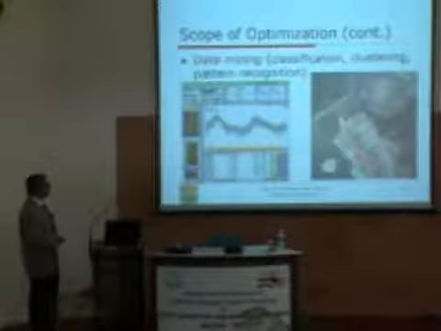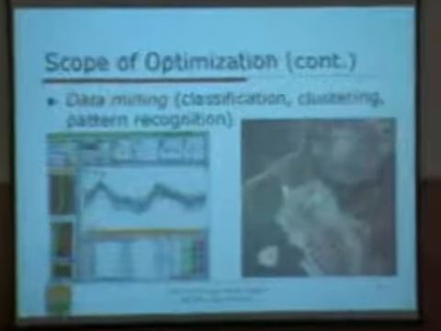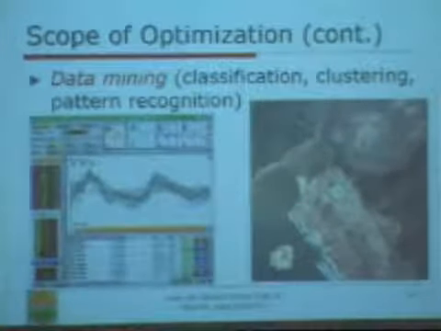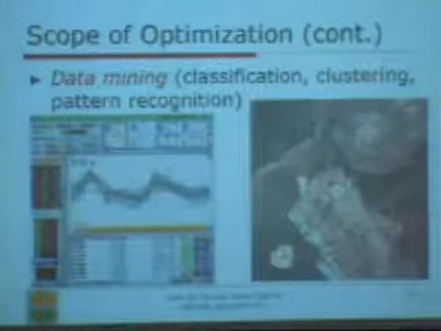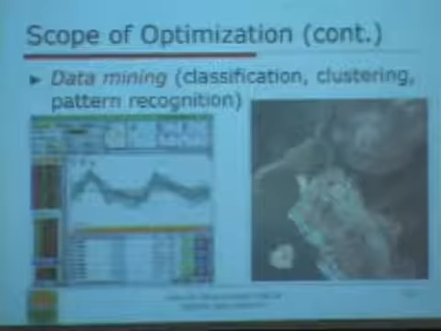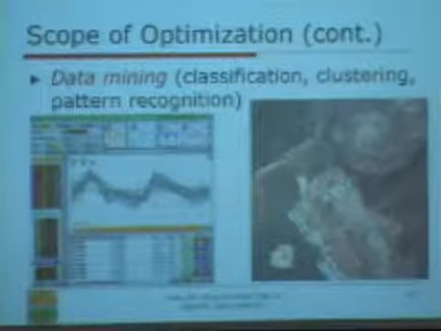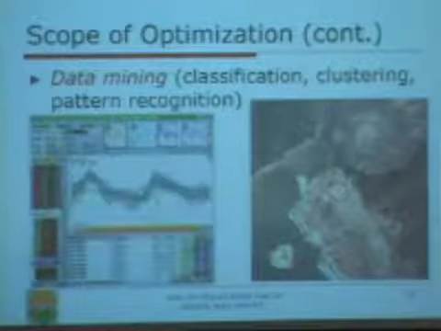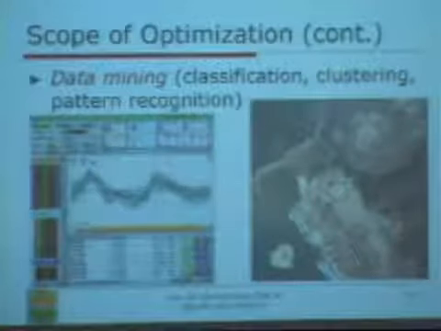I think to this crowd, this would be more relevant: often we get lots of data coming from various sources, particularly in bioinformatics and other areas, nano areas. One task is to get all these data together and figure out what data belongs to one class, what other data belongs to another class, and so on and so forth. So it becomes clustering or classification kinds of problems. But the one difficulty when you put it to a bioenvironment is that the number of data points or number of design variables or decision variables that you'll have will run into thousands and millions sometimes. So it is a very large scale problem we are talking about, and then you need very efficient algorithms to come up with